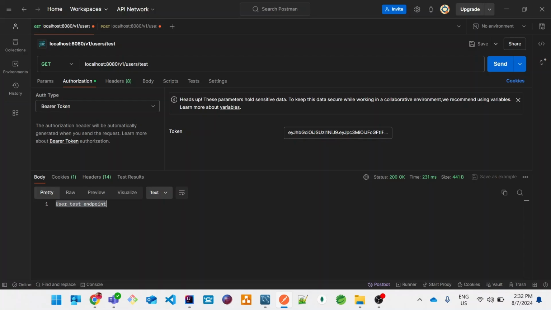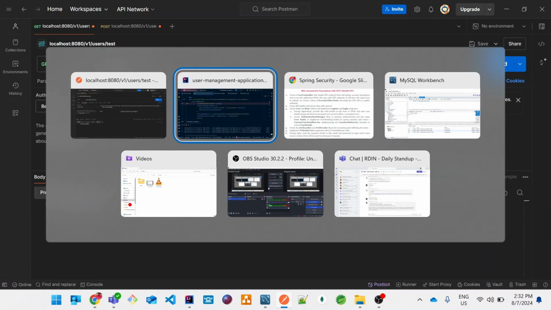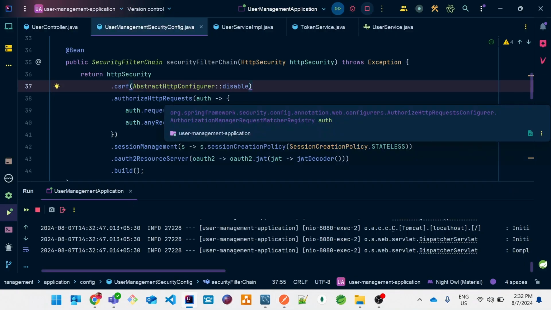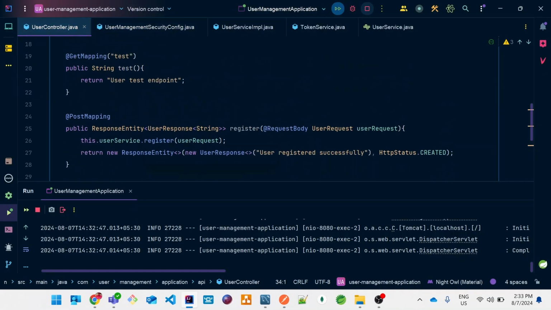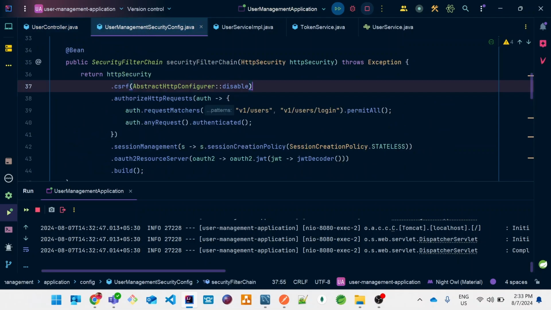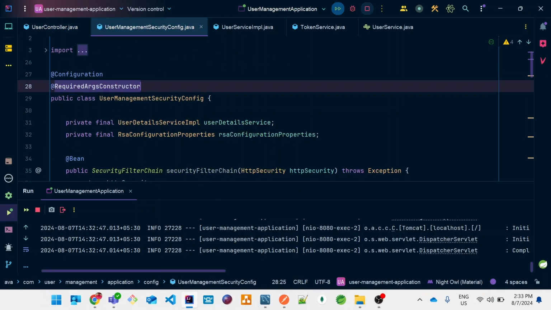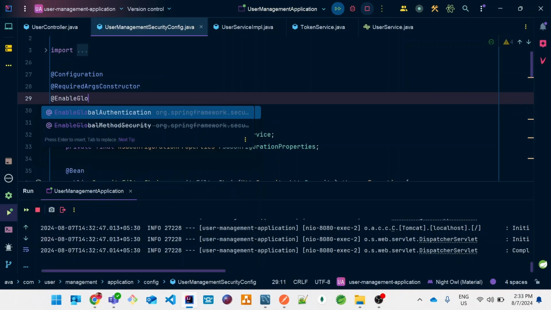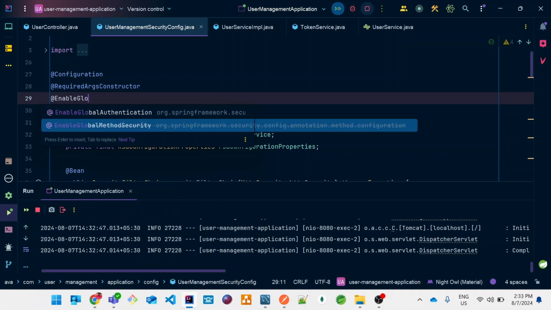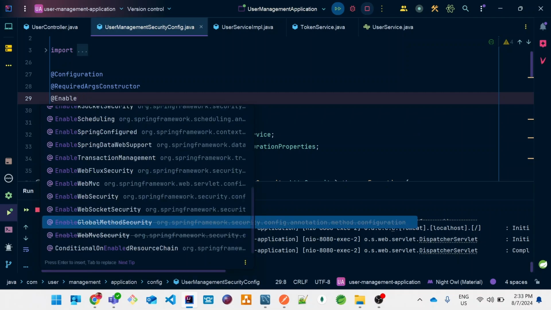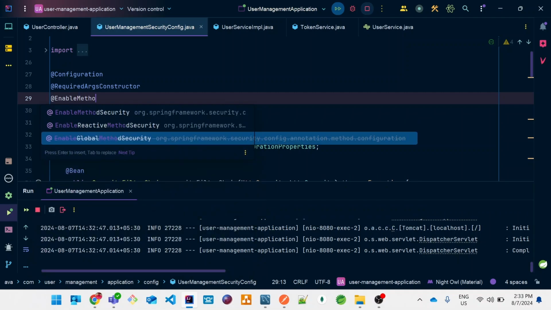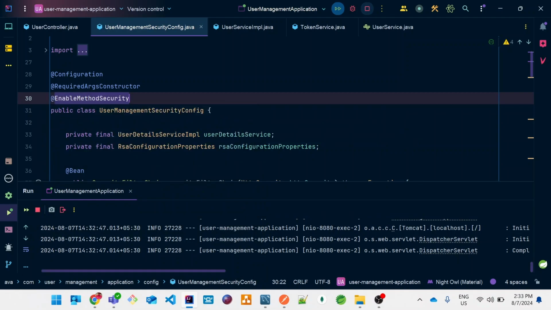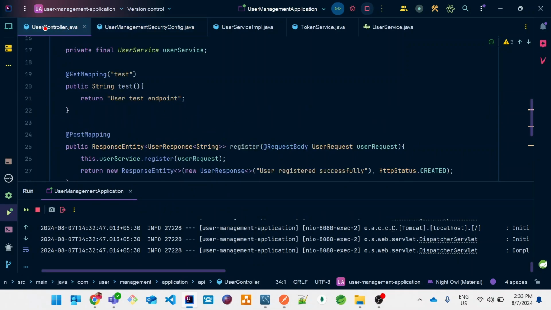Now let's do a role-based authorization to access this endpoint. So let's say role-based authorization is very easy to implement. There is something called @Enable. Previously, we were having the global method security, but that is deprecated and they have given this new @EnableMethodSecurity. So once we add this annotation, and if I just go to the user controller and if I just go to this one,